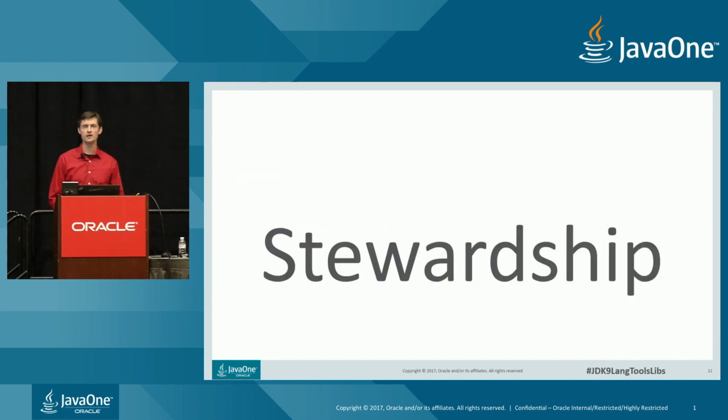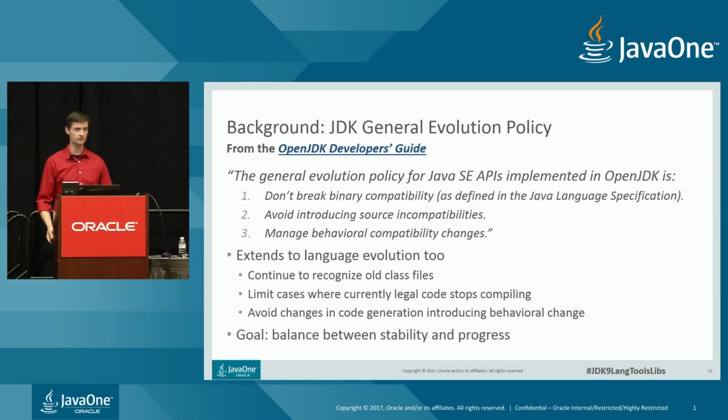So stewardship. The approach we use for stewardship for the JDK is very different from the stewardship approach used by, say, Denethor in the King's films, who was the steward of Gondor. The number one goal of the Java platform group for the last 7.5 years has been to keep Java vibrant. Part of keeping Java vibrant means keeping the things that work today working tomorrow. So that topic is compatibility.